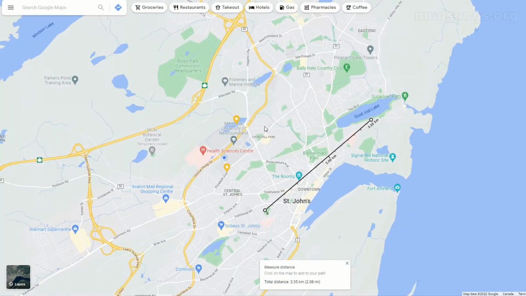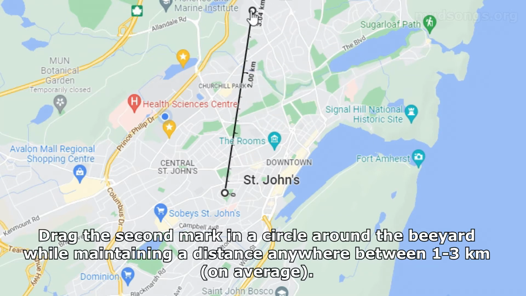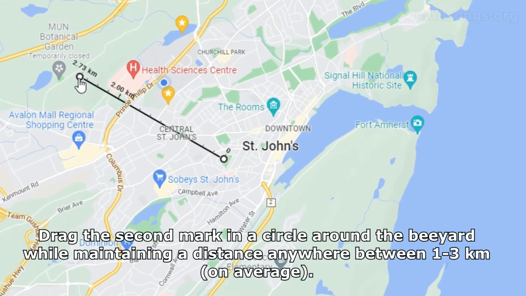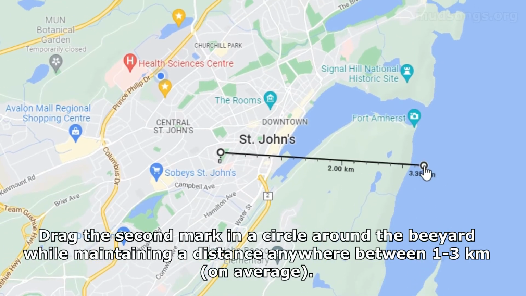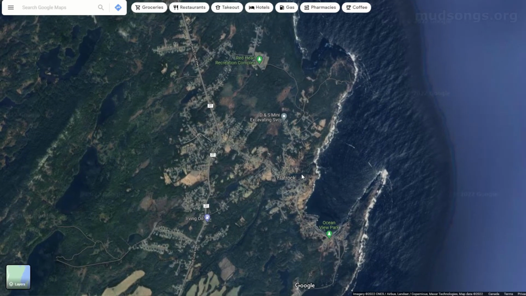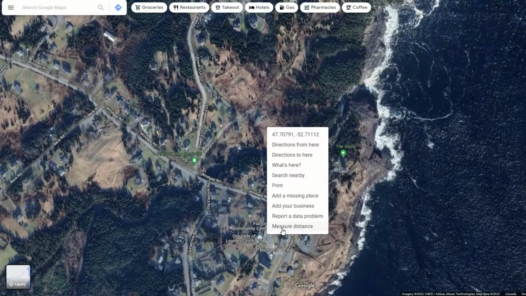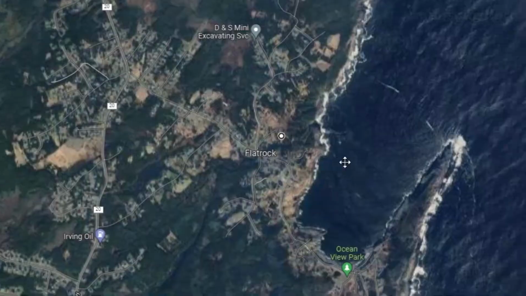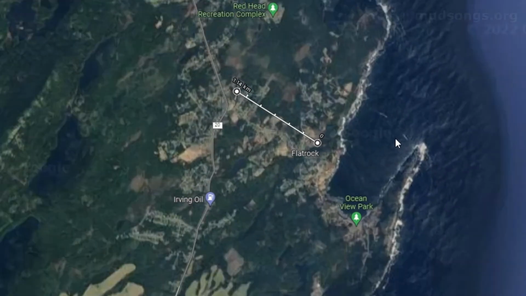On average, the bees don't go, well, they'll fly however far they need to fly, but if they don't need to fly 3 kilometers, they won't. But they can fly 3 kilometers, no problem. But on average, they fly somewhere between 1 and 3 kilometers, though they can fly as many as 13 kilometers, I think. And then you just take that second distance dot, and you just drag it around the location of your bees and maintain the distance. Say it's 2 kilometers or 1 kilometer, and you can just see on the map where your bees might be flying, and it's just a fun thing to do. So that's it. So right click and then click again and then just go around.